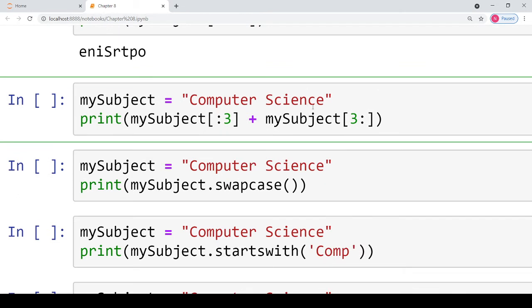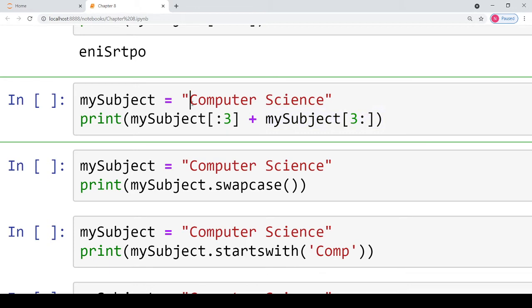Coming to the next part, the next part performs string concatenation. Now in this concatenation, there are two substrings. The first string starts at default starting index 0 and it goes till 3 minus 1 index. That means the first value is index 0, index 1 and index 2. And the second string starts at index 3 and goes till the end of the string.